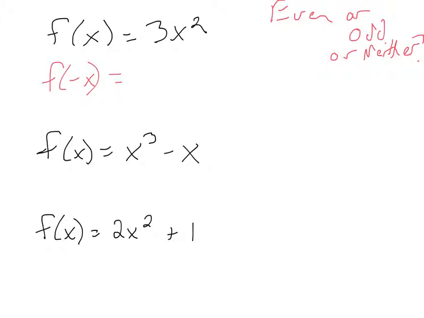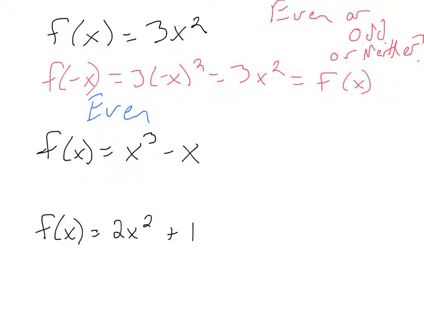So what we're just going to do is evaluate f of negative x, right? Just like we did in the previous section when we were taking, what is f of negative x, what is f of x plus 2, and all this stuff, right? And what's negative x squared? So f of negative x equals 3x squared, which is f of x. And so this function is even. We've proven that f of negative x equals f of x, and therefore it is symmetric about the